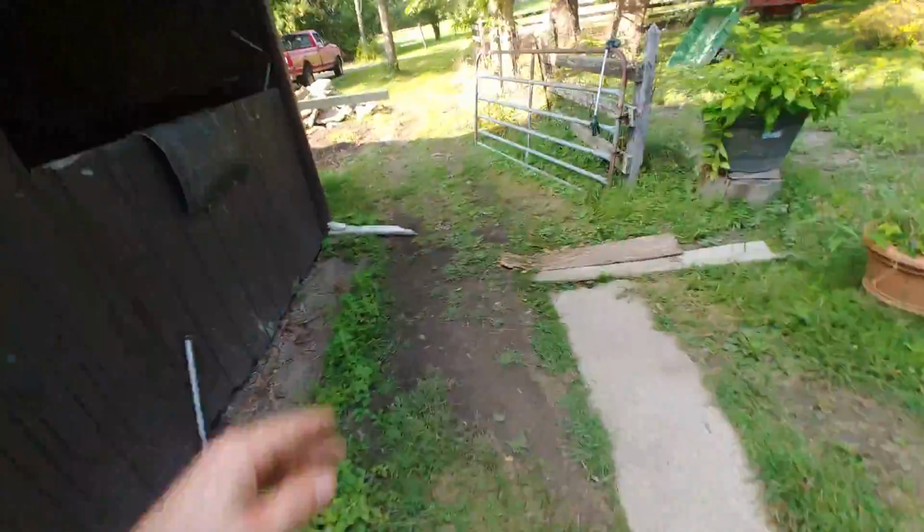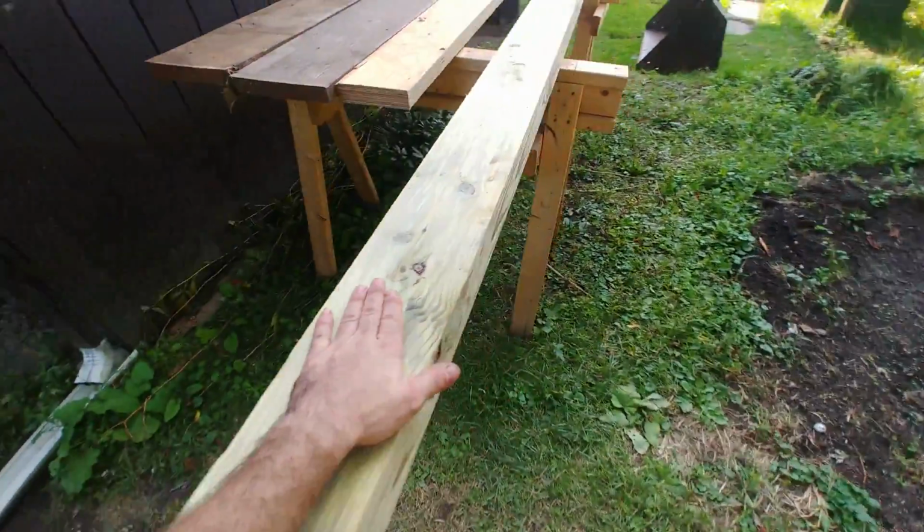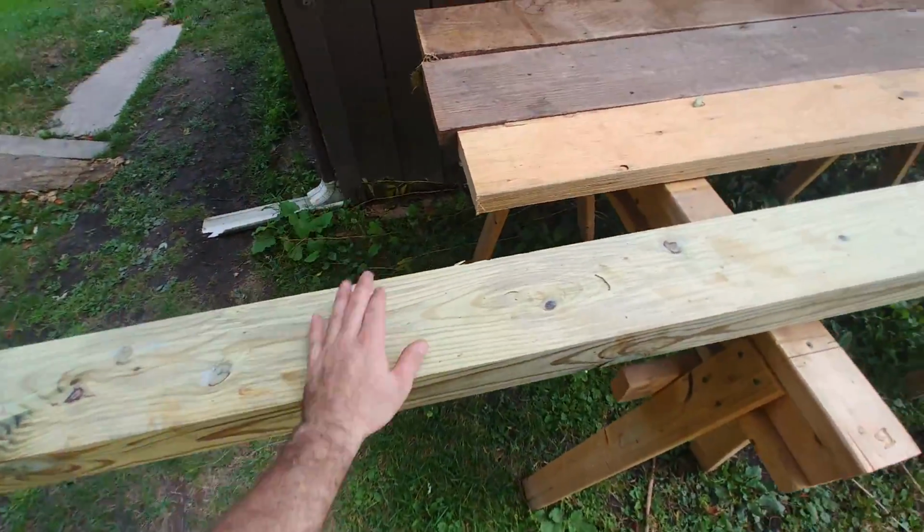So in lieu of that, we're going to put the post in. We're going to get a measurement from that bracket to the top surface of this concrete puck, and we're going to bring that measurement to the post laying out here. We're going to cut the post at that measurement. In fact, I may install a convention of getting the measurement and adding 1/4 inch,